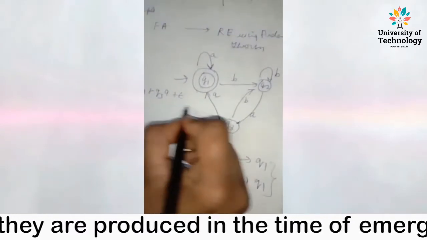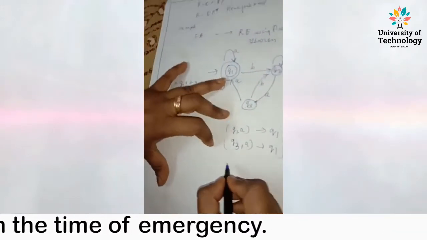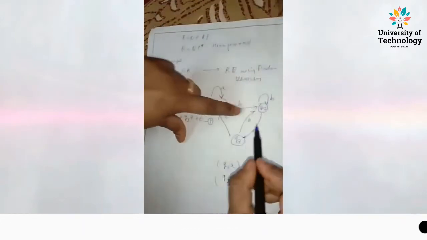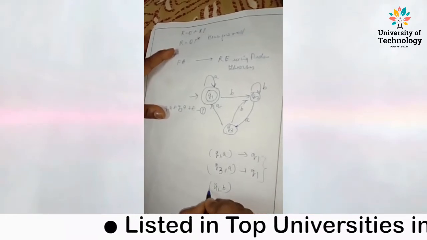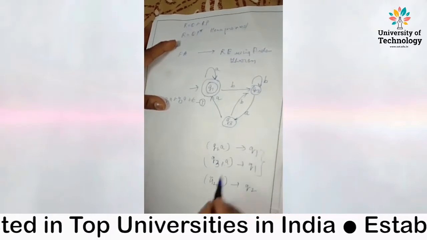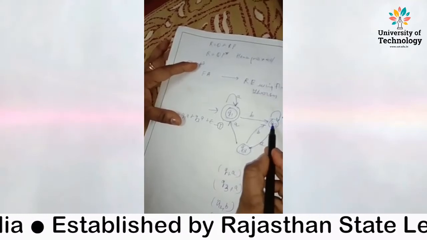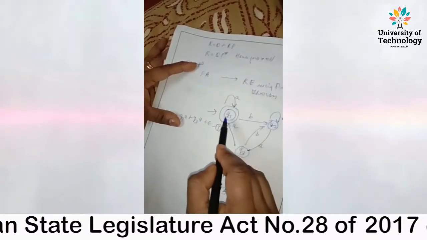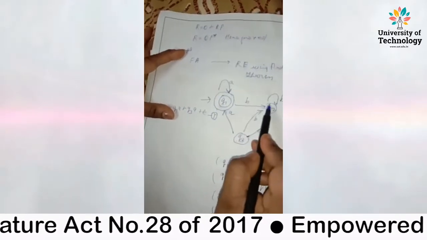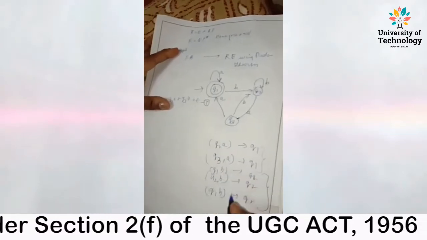We can mark it as equation number 1. Now, for the second equation, how can you reach Q2? See, Q2 can be reached via Q2 itself, that is, Q2B, you can reach Q2. Now Q3B, you can reach Q2. Since from Q2B, it reached Q2. Is there any possibility by which you can reach Q2 through Q1? Yes. Q1B, again, you can reach Q2. So these are the three ways by which you can reach Q2.